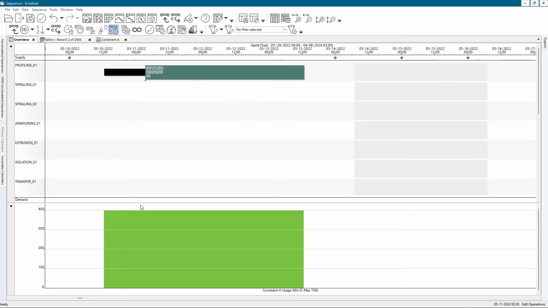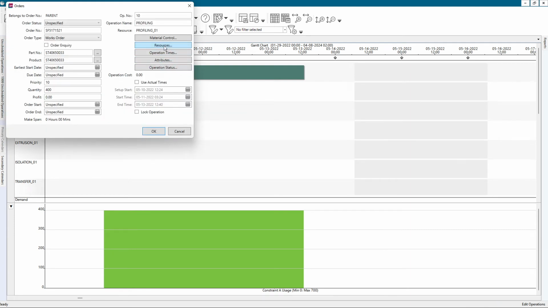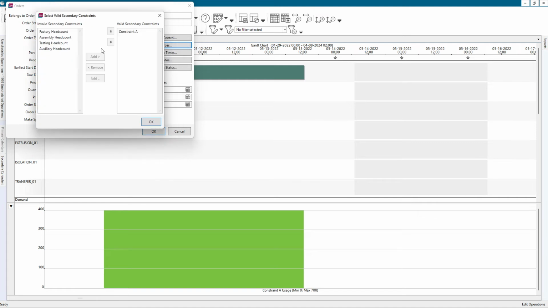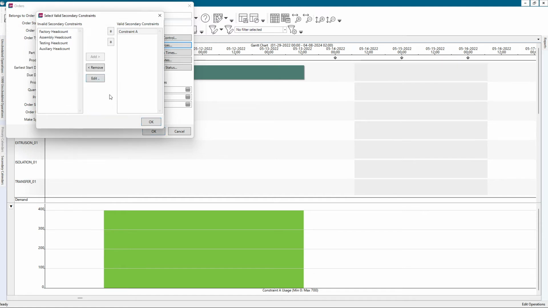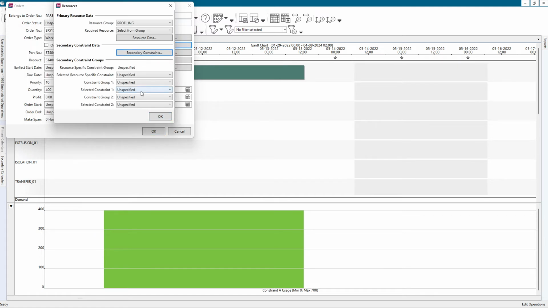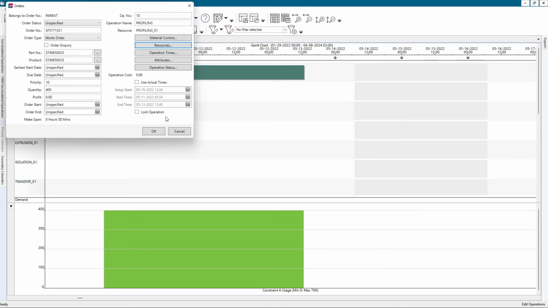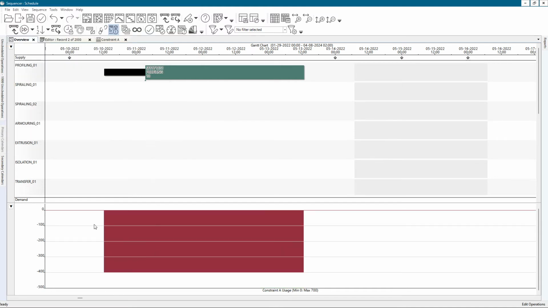Okay, so this is increment. The difference now with the decrement is that it goes negative. So I'm incrementing for entire job, now I'm going to decrement for entire job to simulate the consumption, okay? So if you do that, you see that in this case, it goes to negative because there is nothing else